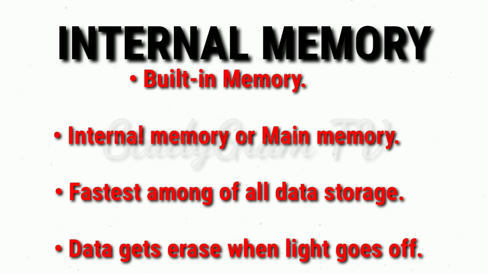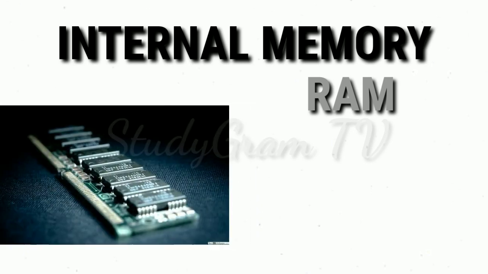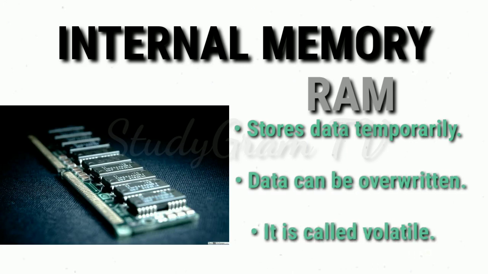Okay, internal memory is further divided into two types. First is RAM, that is random access memory. It stores the information temporarily, right? And works like a blackboard that can be constantly overwritten with new data. The information stored in the memory is lost when you turn off the computer or power goes off. That is why RAM is also called a volatile memory. Why? Because when you turn off the computer, the data stored in the main memory, or the primary memory, will be erased automatically.